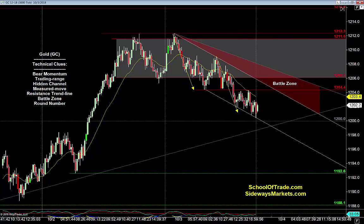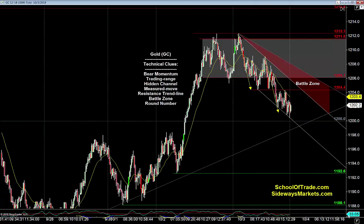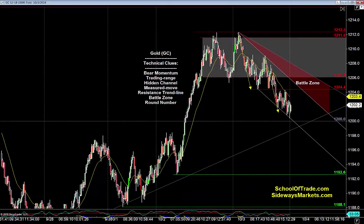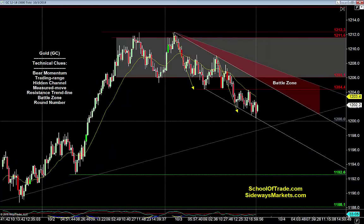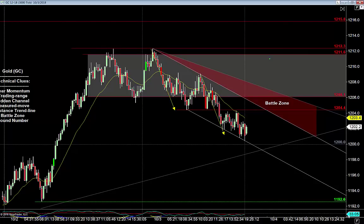Now, keep in mind, if price pushes lower here, we have this trend line coming up. And that trend line's right around this big round number at 1200, right? It's a big old trend line coming off. Quite a bit of information down there. So you're going to have a lot of traders that will see that big round number, and they will see that rising support trend line. The moral of the story is, if we go higher,